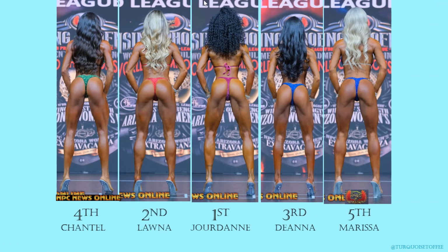Then from behind, man, Jordan's waist and Deanna's waist really stand out to me for just how teeny tiny they are. I cannot get over the triangular shape that Jordan has in her upper body to her glutes. Just the most amazing hourglass shape. I think Lana doesn't quite have that smallness in her waist that you see with Jordan. Now, it could be posing. Perhaps she could